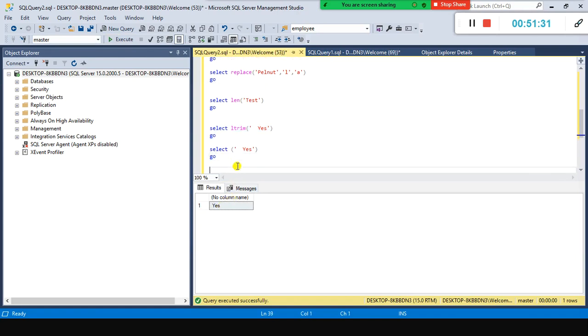This matters especially when you store it in a variable, or when you use a variable in your WHERE clause to filter the data. I'll show you later.